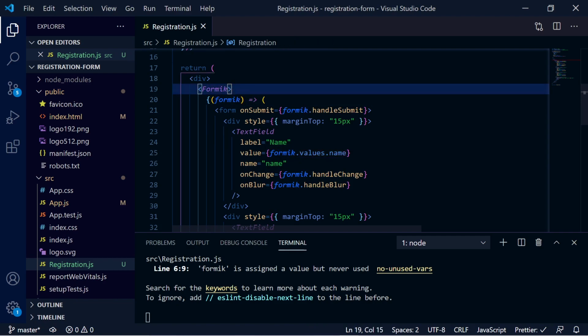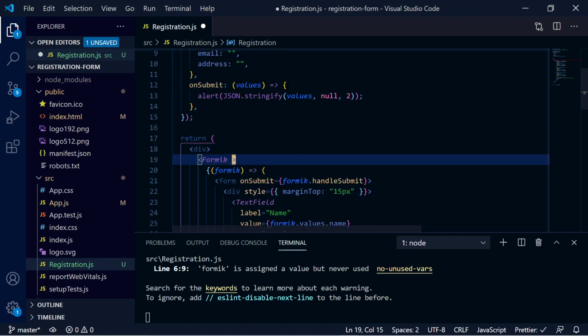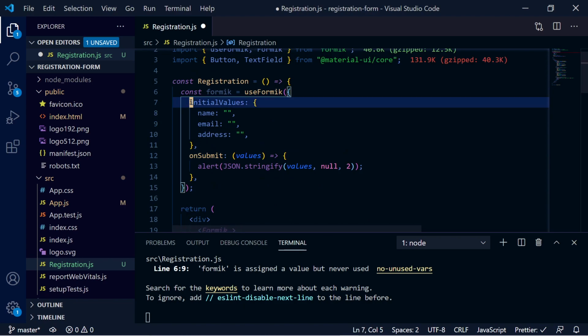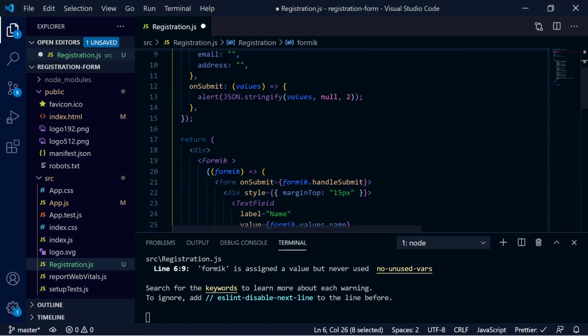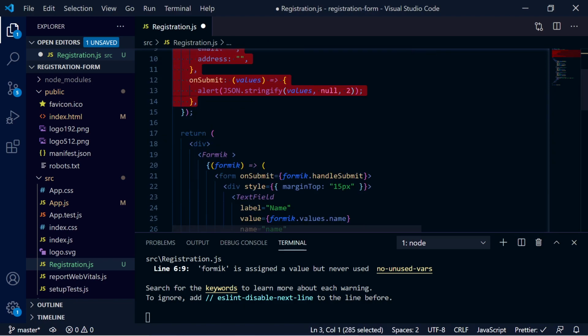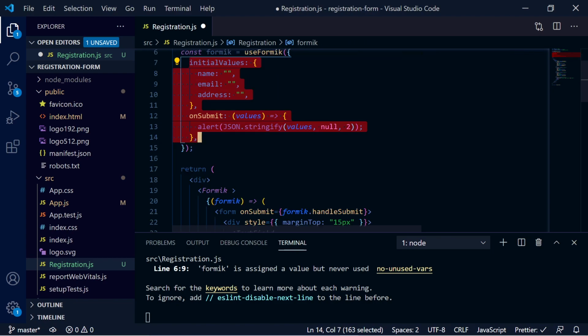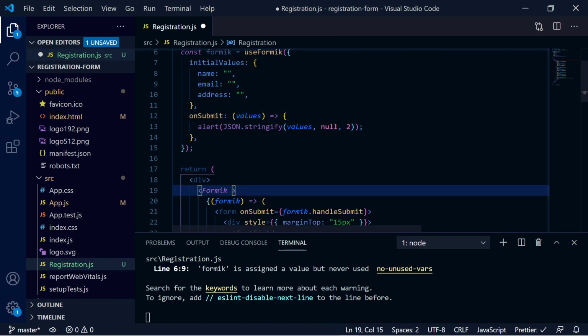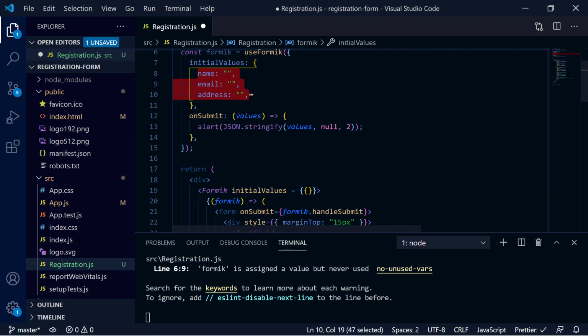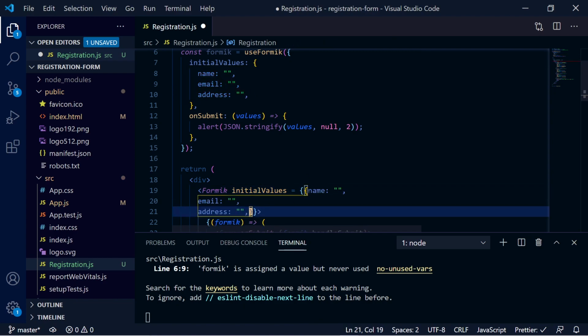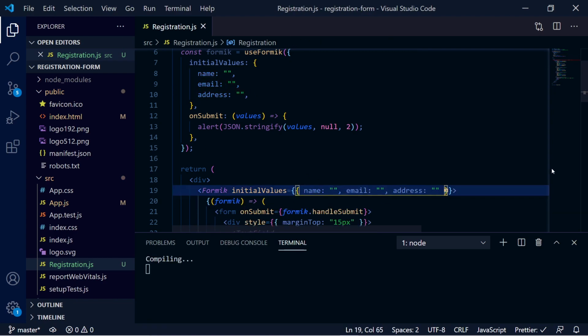Cool. Now one thing we need to do, we need to add some configuration like we did in the previous video. If you remember, we added some configuration inside this custom hook. So right now we are not using the custom hook, so we will add these configurations inside the Formik wrapper. So these configurations will be the same here also. So inside the Formik wrapper we will write initialValues, and it will accept an object, and this object will contain these same values. So you can copy it and paste it over here, save it,